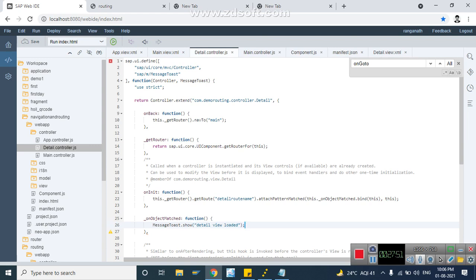So what I did inside onInit: onInit is called the very first time the detail controller is loading, and at that time it will reach the detail view. When it reaches the detail view, we attach the onObjectMatched method so that it is called each and every time we reach the detail view.